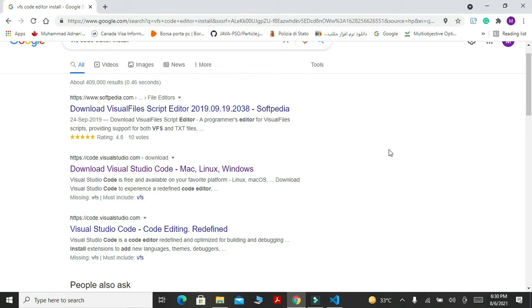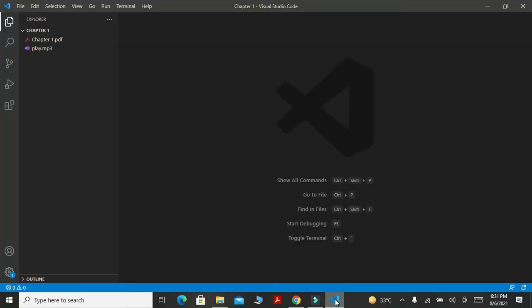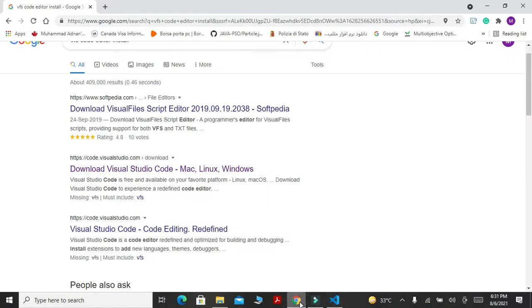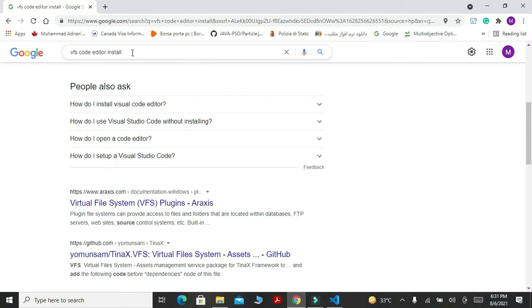In the later part of this tutorial, you will see how this editor will help us write good programs in Python. Actually I have already installed Visual Studio Code, and the second thing you need to install is